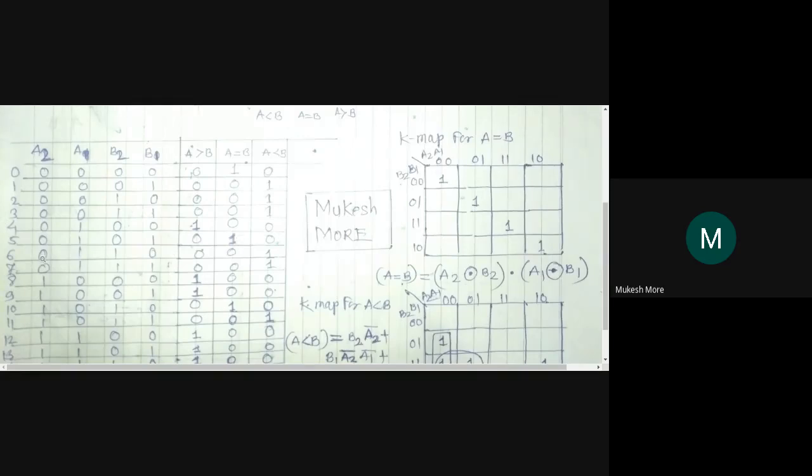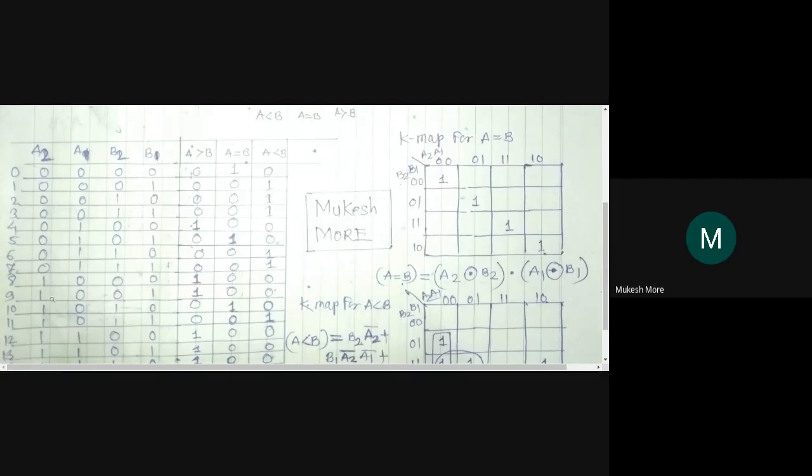Okay. In the sixth entry, sixth row, 0 1 1 0. Okay. 0 1, it is a 1 and 1 0, it is a 2. So 2 is greater than 1. Now I am writing here A is lesser than B. I am writing B is greater here 1. 0 1 1 1. Again B is greater, writing B is greater. Eighth entry, A is greater, writing A is greater.